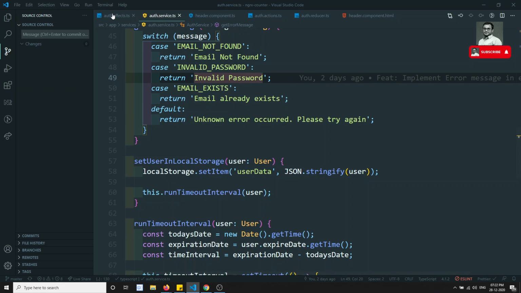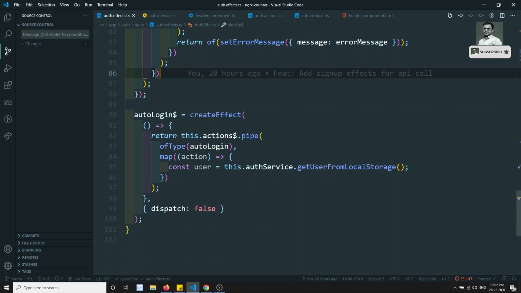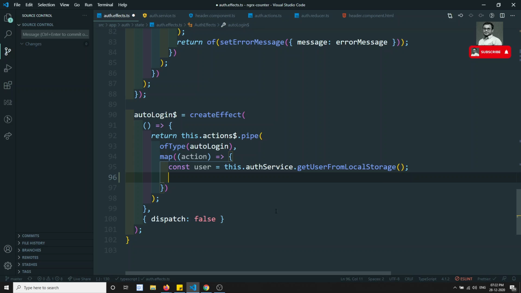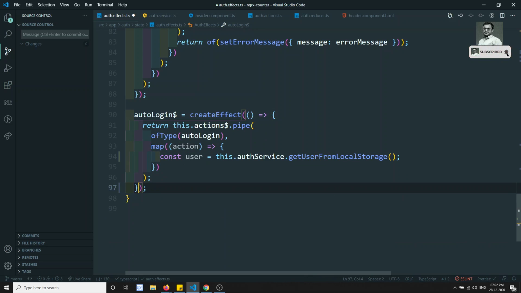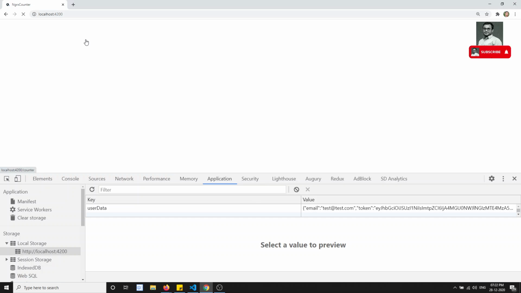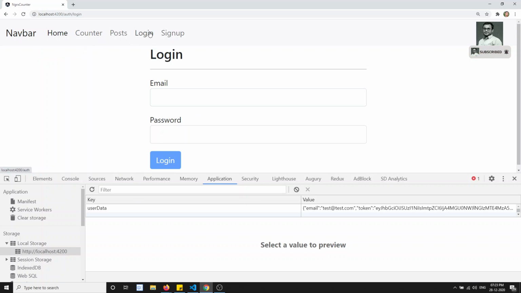So now here in the auth effects, here we have stopped, right? Constant user, we got the user data, and there is nothing else we can do here. So I can remove this one and do the merge map. Why? Because it requires an observable, and here I can return of login success, right? Login success of, we need to send the user. So we have sent the user successfully, and now if I try to do the login here, if I try to do the login,